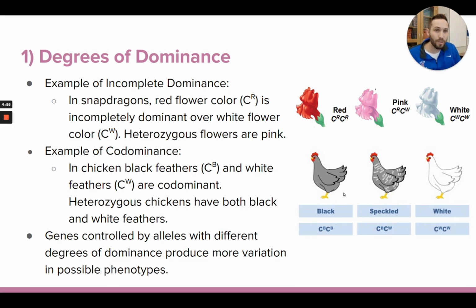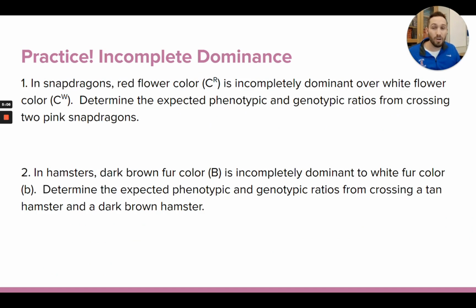Mendel did not have the opportunity to figure out or observe that it's true sometimes for certain alleles, that when they're different, not necessarily is one going to be completely dominant over the other. And so in your notes, I have a couple of practice crosses for you to look at involving incomplete and co-dominance. I'll do a couple of these examples with you just so you can see it's still the basic thing we're going to do when we set up a Punnett square to figure out the possible offspring.